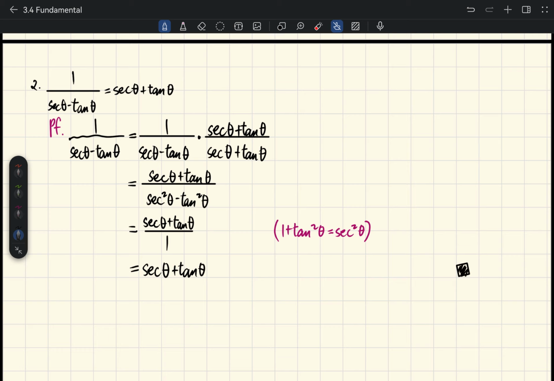It's not a square. So as you can see, the main trick that we did is this one right here. We tried to multiply and divide by secant theta plus tangent theta. Usually, these kinds of techniques are helpful if you have something in the denominator that is separated by a minus or a plus. Okay? So, if you see something that looks like this, maybe it's a sign to do some multiplying and dividing. Okay?